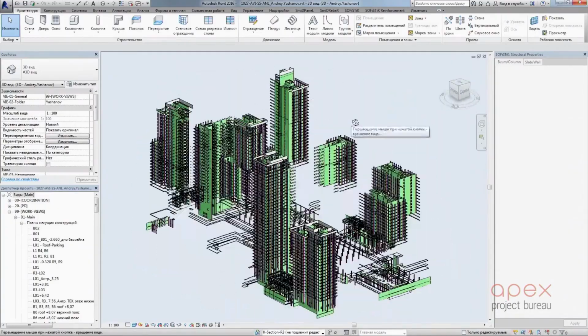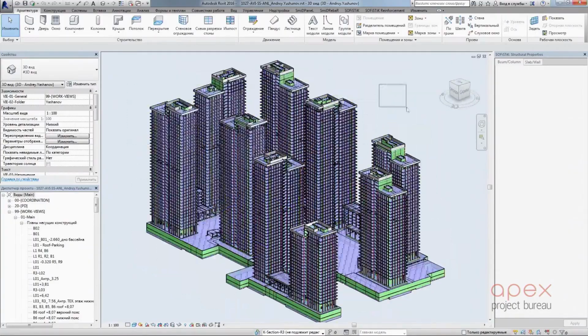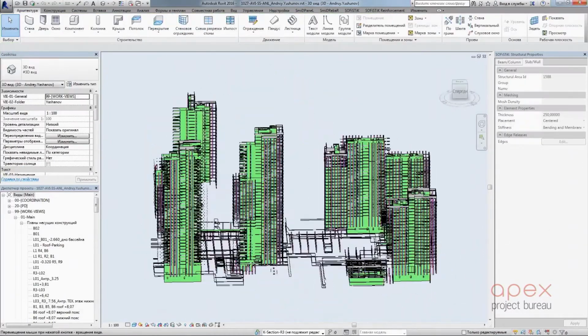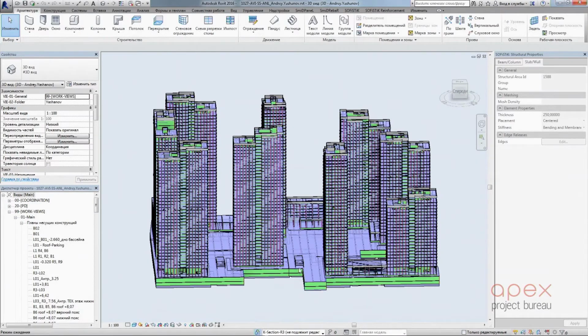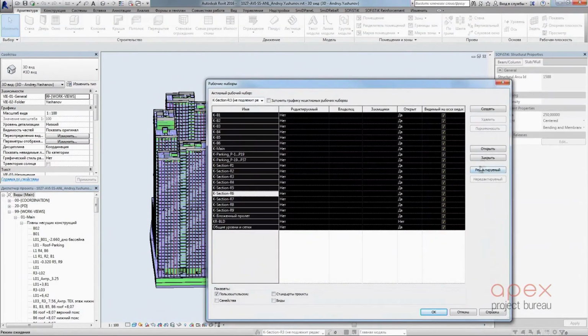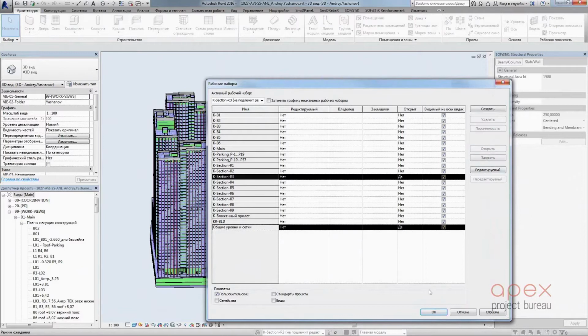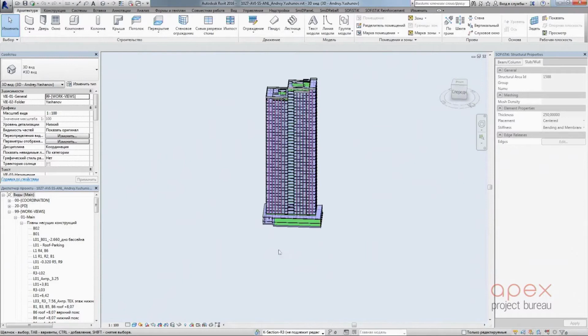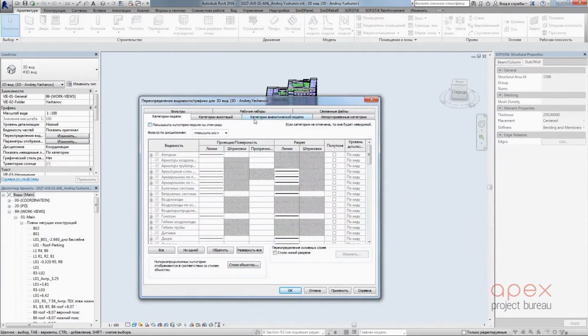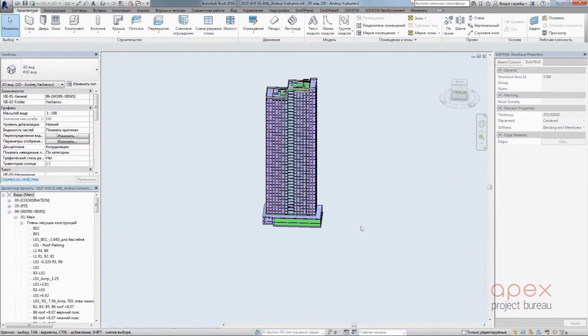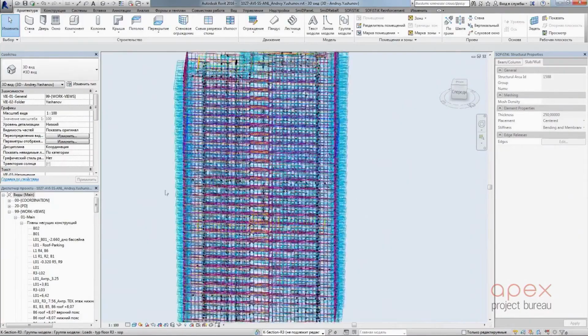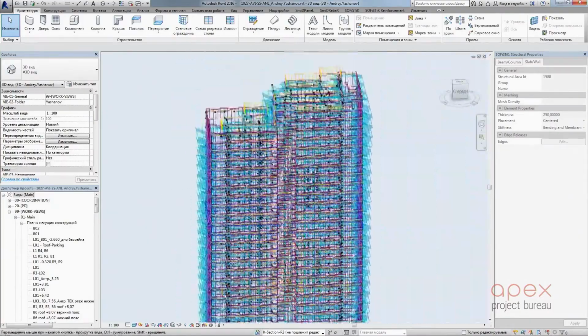So this is a huge complex, 480,000 square meters, one file, no limits, 200 megabytes only, all analytics, all loads. Thanks to optimization, I'll give you an example of one block. So this one, actually, all analytics, all loads, our plugins,